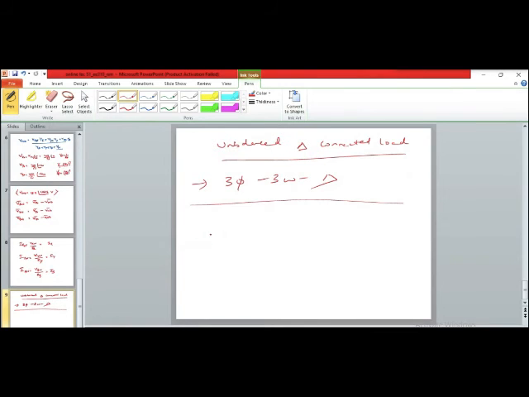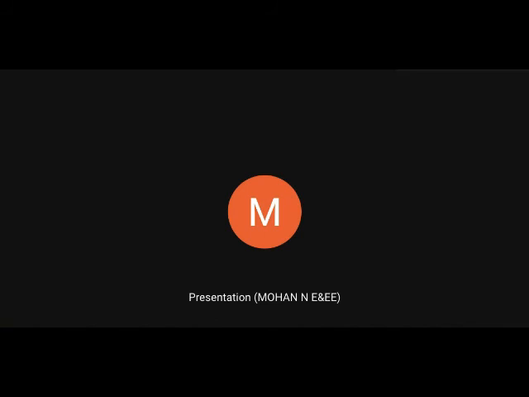A three-phase supply with line voltage V line to line as 250 volts has an unbalanced delta with impedances ZAB as 25j, ZBC as 20, sorry, ZAC as 20,